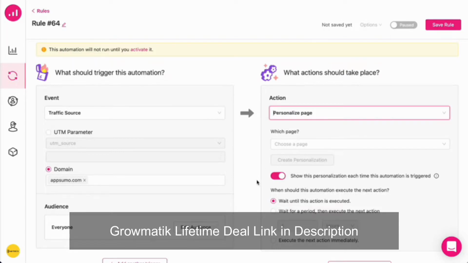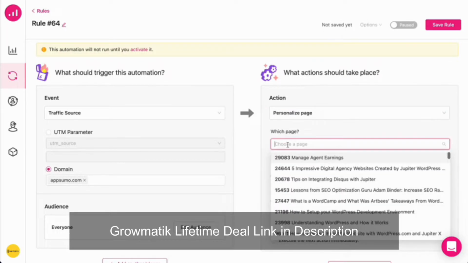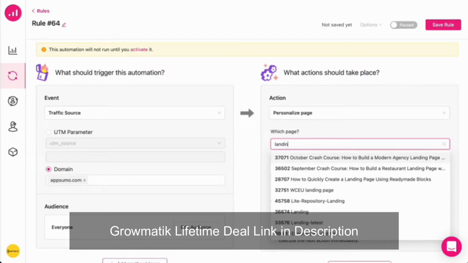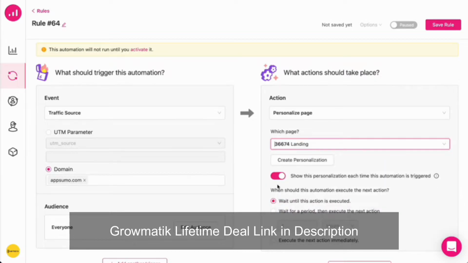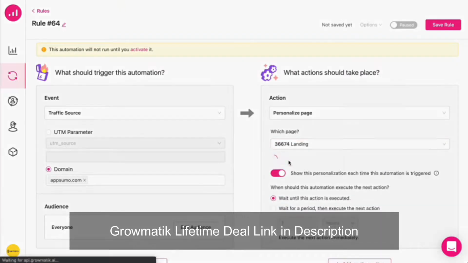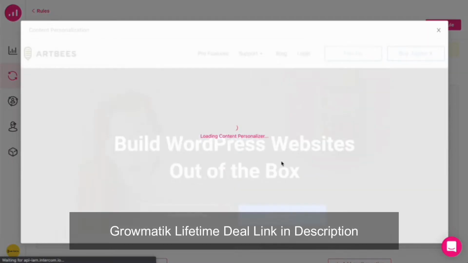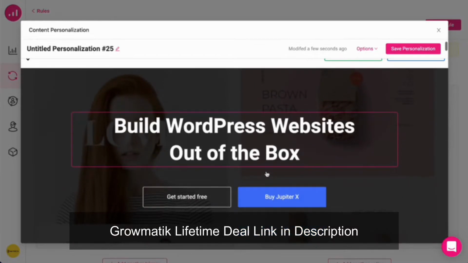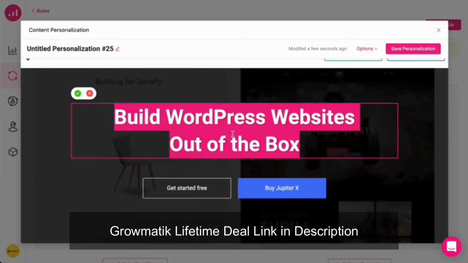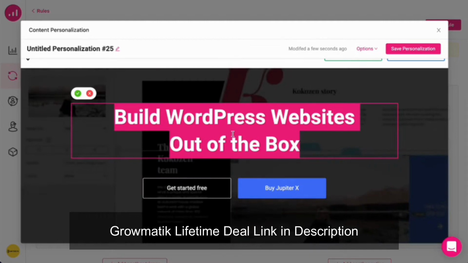So this means everyone coming from appsumo.com will be seeing a personalized version of my landing page, for example. So I'm going to create a personalization, which is a 100% visual and code-free personalization environment. For example, I want to change this heading to